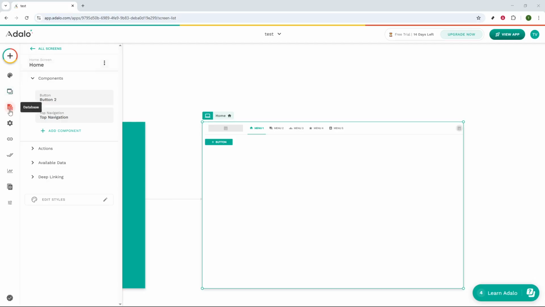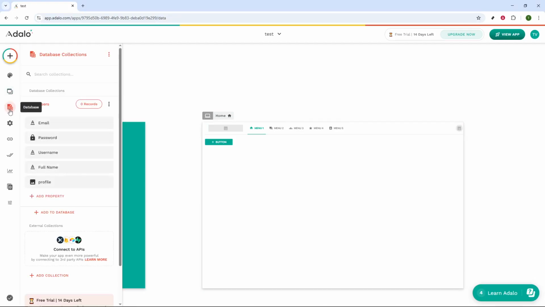On the left-hand side of your Adalo interface, you'll find a menu. Locate the Database tab and click on it. This section is where all your collections, or data tables, reside. Among these is the Users collection, which Adalo generously provides by default. The Users collection is fundamental and, importantly, it cannot be deleted, a notable detail to keep in mind as you